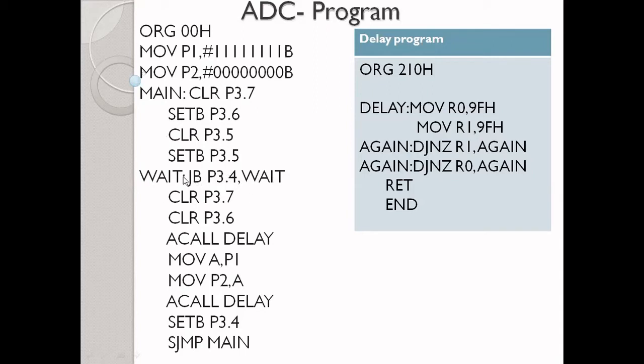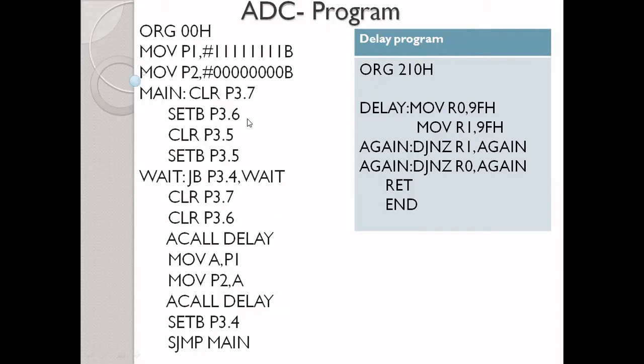JB means jump if bit set. So when it is 1, it will keep checking this loop. When it becomes 0, it will come to the next step. It will clear P3.7, so chip select will be cleared. Clear P3.6: as I told you, if you want to read the data, you have to clear the value.